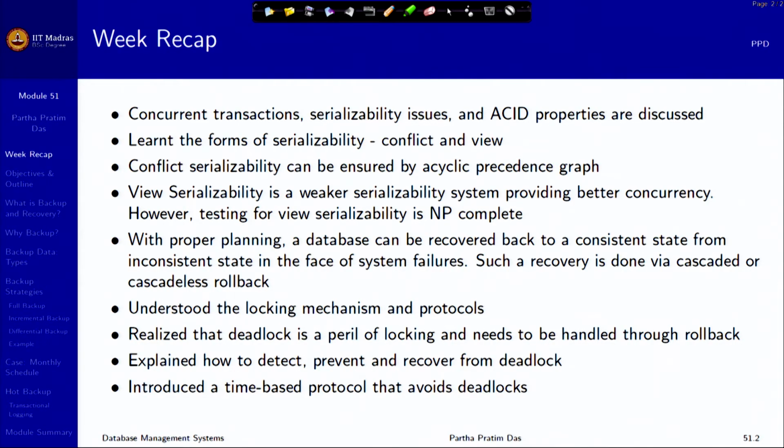Finally, we have looked at a locking mechanism to ensure that instead of pre-deciding on serializable schedules, it is possible to have concurrent schedules with better throughput be generated by maintaining certain minimum criterion for isolation. And we have seen that deadlock happens to be a big disadvantage in that whole process. So, we have explained how to detect, prevent and recover from deadlock, including time based protocols that avoid deadlocks. So, with that